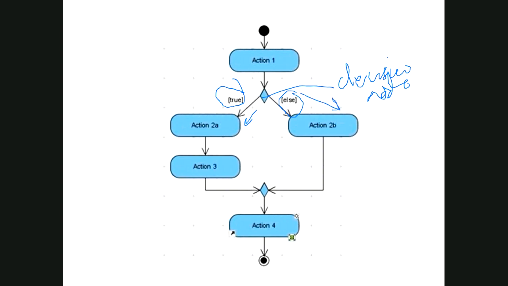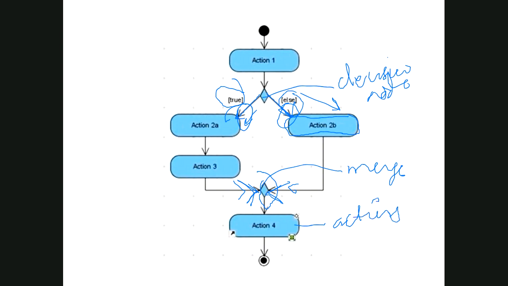Then again the same diamond shape, but now the two control flows are coming here, it is merging, so this is known as a merge node. With example it will be clear. The same diamond shape, when the arrows were going away from it, it was known as decision node. Means you are taking a decision, either I have to move in this direction or in this direction. But when the arrows coincide or converge, it is known as a merge node. And these are actions. These are not rectangular boxes, these are curved boxes, basically curved rectangular boxes. So these are your